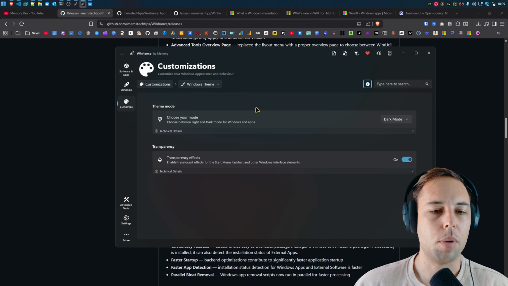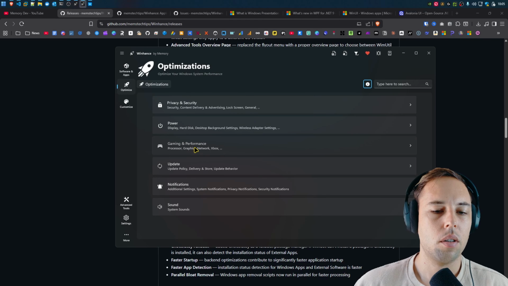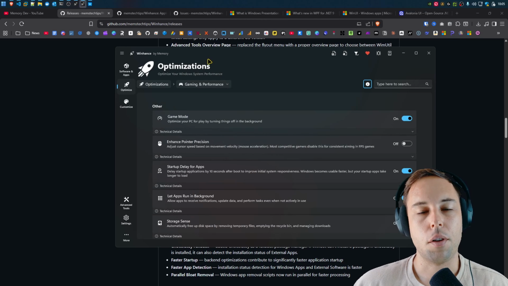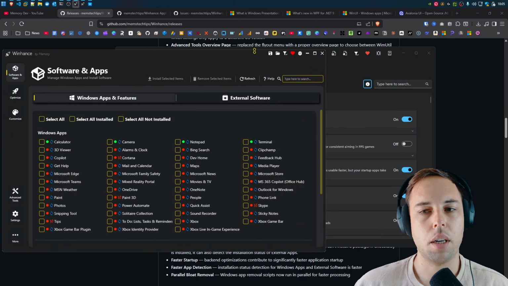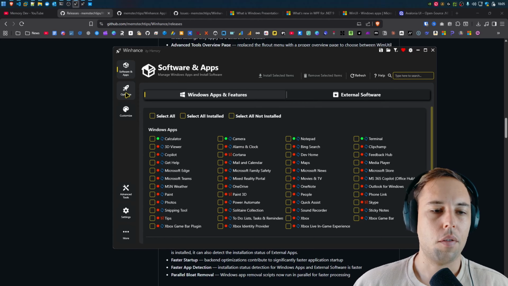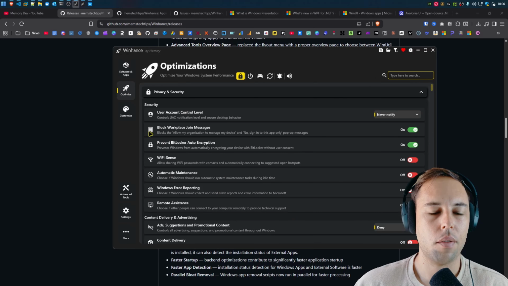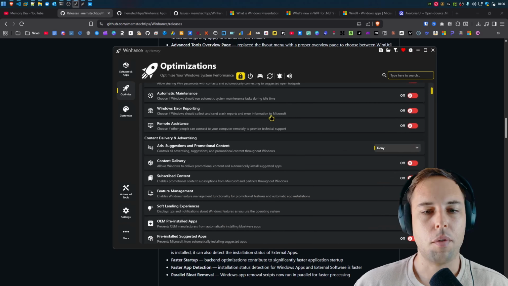Now, if I navigate between these sections, you'll also see that it's much faster compared to the WPF version if you've used that before. But I can show you an example. This is the WPF version. If I click on the optimize button, it's going to take 1, 2, 3, 4, 5 seconds before it displayed